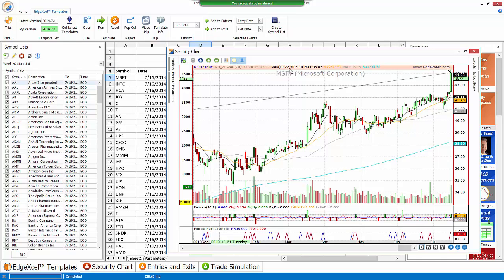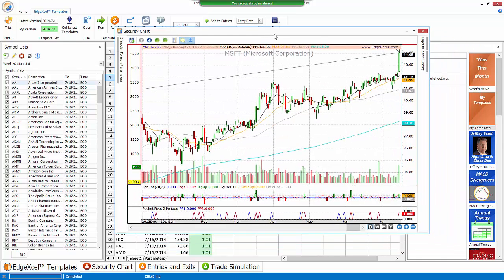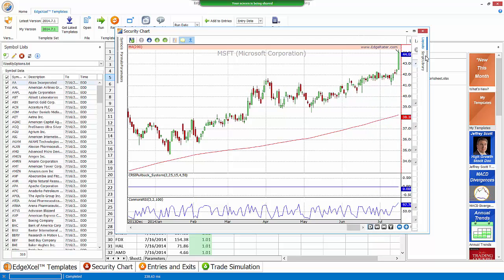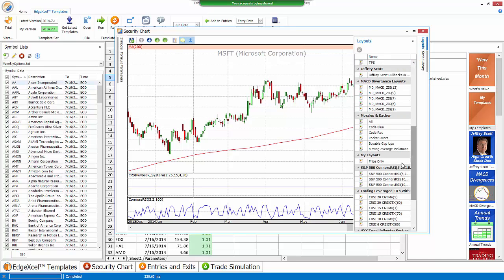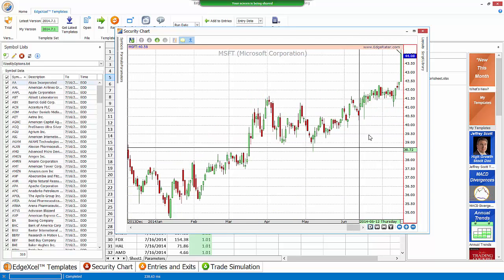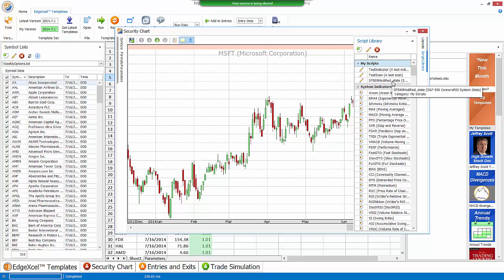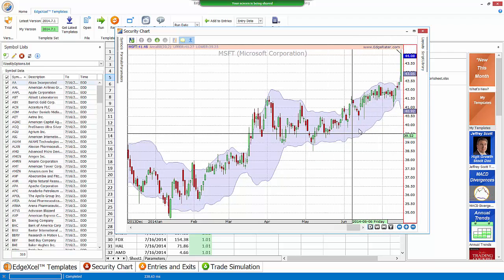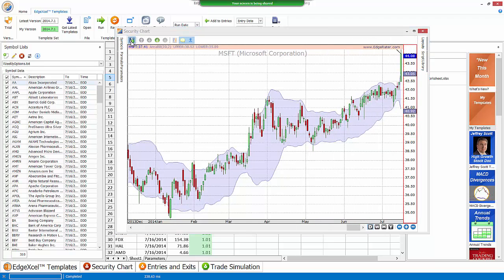You can double click on one of these and we can just verify that these are above the upper Bollinger Band. Let me choose a layout. In fact, let me come back over here. So I'm just going to create my own layout with Bollinger Bands in. I like to do that. Drag that over there. And let me save that as my